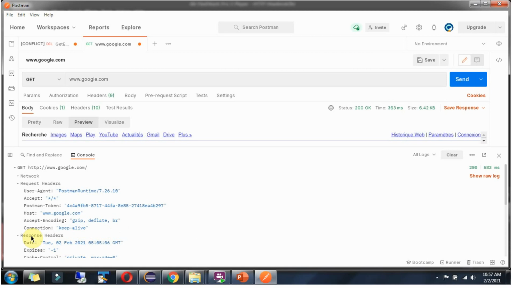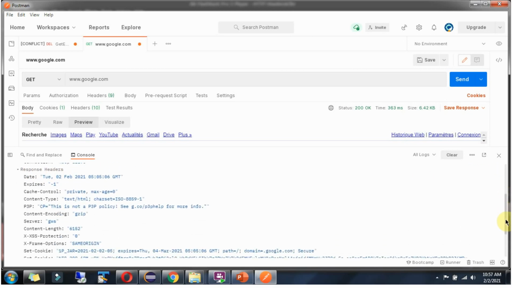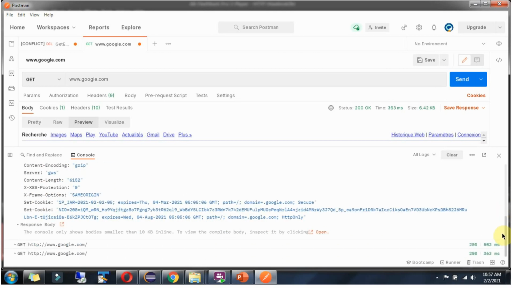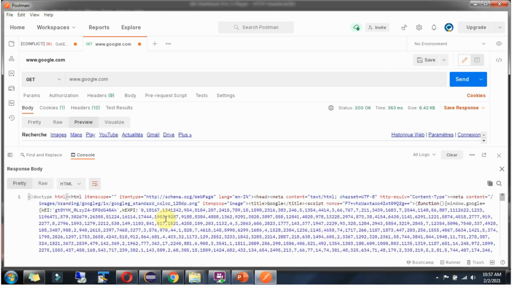And here you can see the response header section, and here you can see the list of headers which the server sent to the client. And here you can see the response body section. Click on open to open the response content.